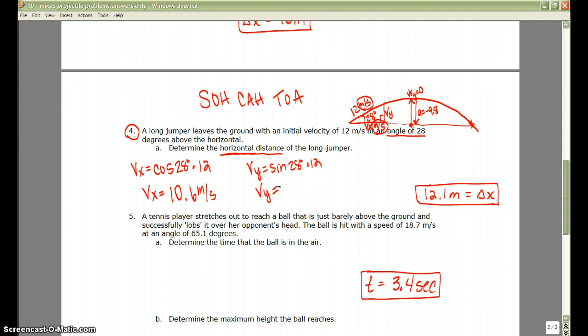So if I use my sine function, 28 sine times 12, I get 5.6 meters per second. So in order for me to figure out how long it's going to take him to go from the bottom to the top, I'm going to use my final minus my initial over my acceleration equals my time. So I need to take my 0 for final, 5.6 for my initial, and negative 9.8 for my acceleration. So I get a time that he's going to be in the air. Remember, this is halfway. We just went up. Think of this as time up. This will be 0.5